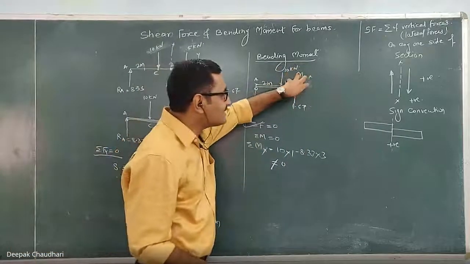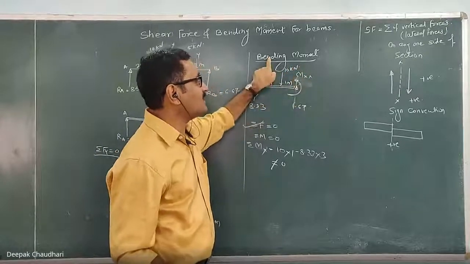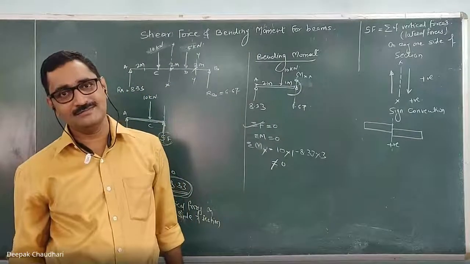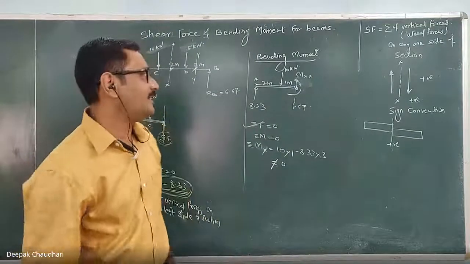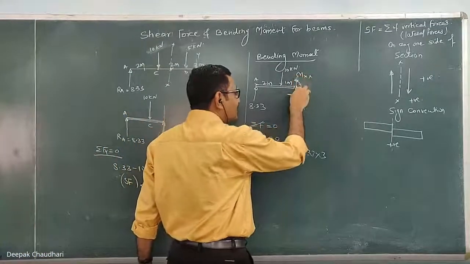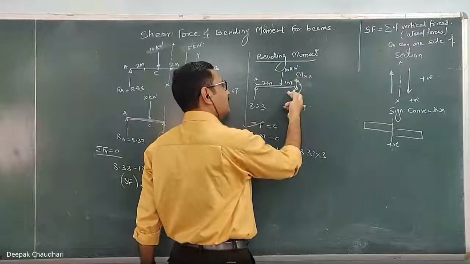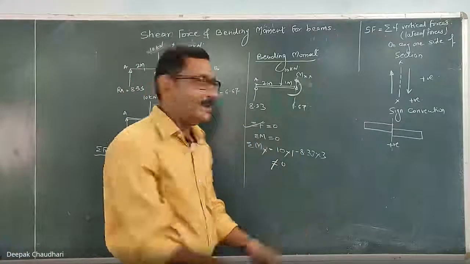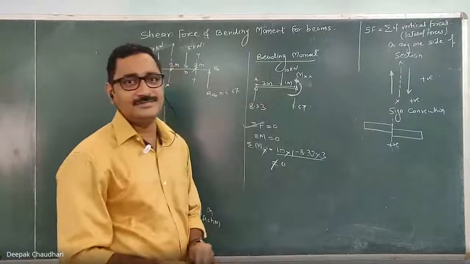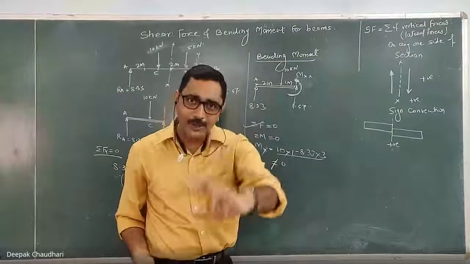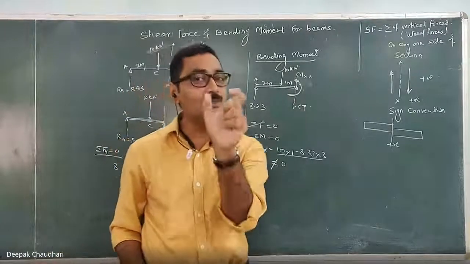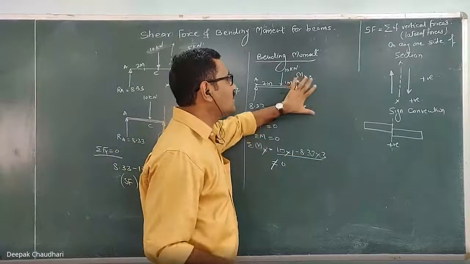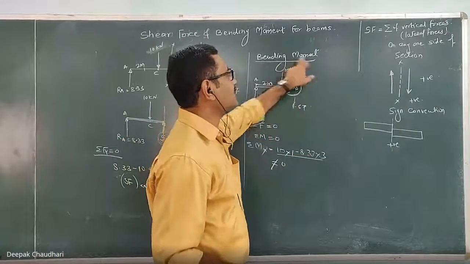Okay, and this resisting moment induced at this section is known as the bending moment. It is known as bending moment. Understood? Here, so this is the unbalanced moment acting on this system, and this is the resisting moment which is induced at that section. It is not the external applied moment. This is the external applied moment. And to balance this external applied moment, one moment of resistance is induced there. Remember this word, moment of resistance. Here is the resisting moment induced at this section. This resisting moment at this section is known as a bending moment.